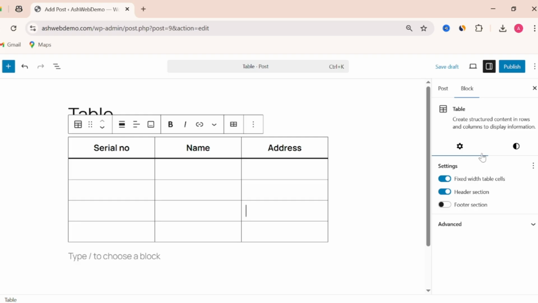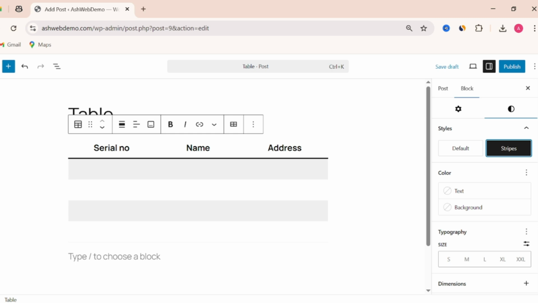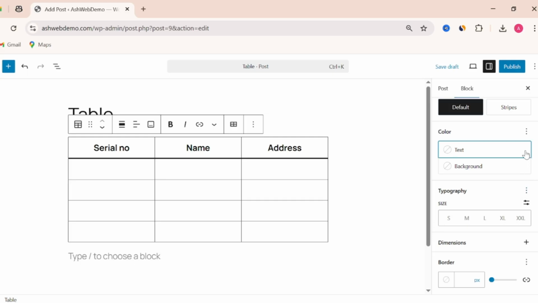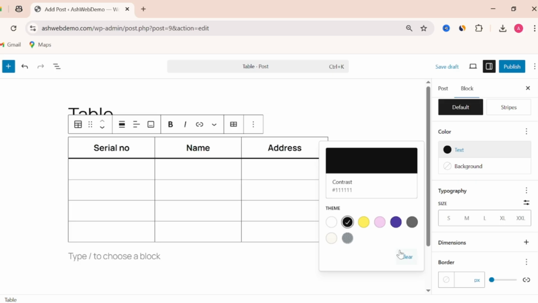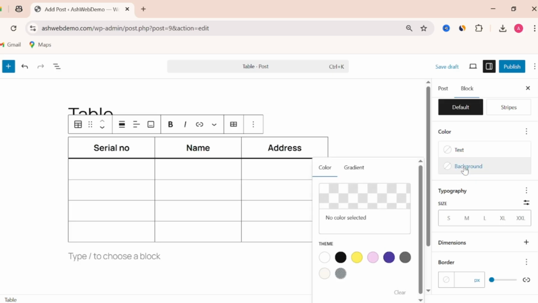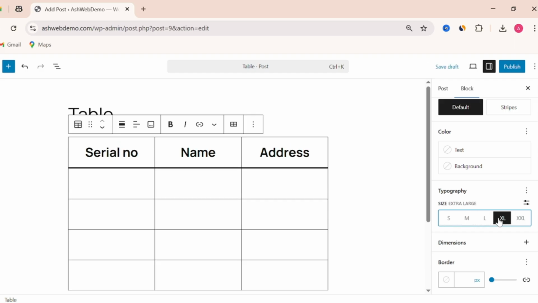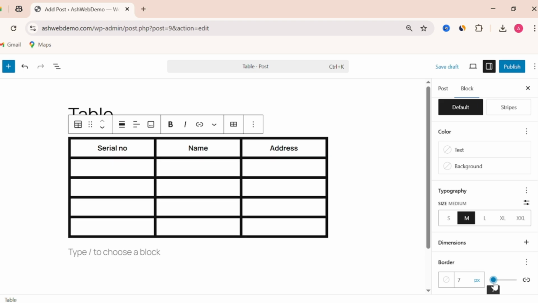You can customize it by clicking on this icon. Then you can change the table appearance to strips or use the default one. You can also change the text color and also you can change the background color. You can also change the typography size such as small, medium, large, and so on. There are a couple of more options you can see here, such as